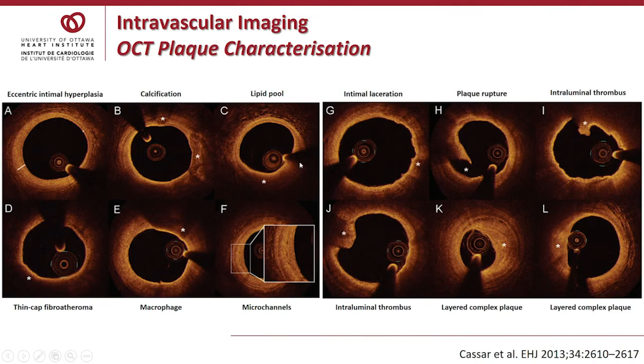As well, OCT allows plaque characterization. So on the top left here, you see this classic appearance that I've shown now a couple of times of concentric intimal hyperplasia. But this is a study of transplant patients, and what the group found was that, in fact, there are patients with plaque features that are very similar to what we see in atherosclerotic coronary artery disease, so with vulnerable plaque features and with more complex lesions. And this is important because it gives clues as to underlying mechanisms of disease in CAV and hence potential treatment